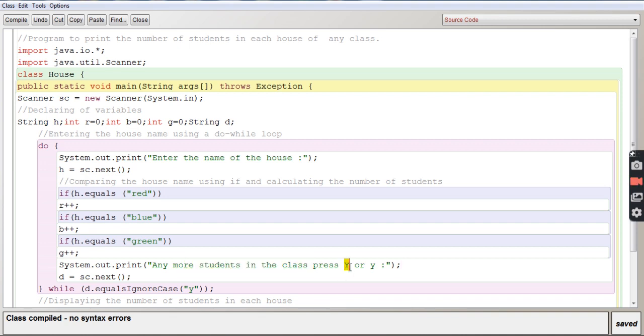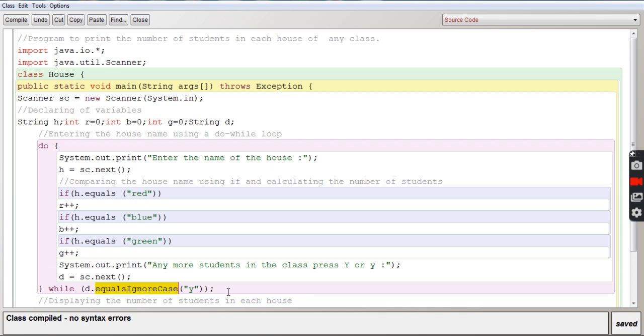So Y for yes, uppercase or lowercase. So the user may enter Y, maybe in uppercase, maybe in lowercase. It depends. So in D we are going to give Y, and it is going to check in the while condition with the string function, and the string function is equalsIgnoreCase.